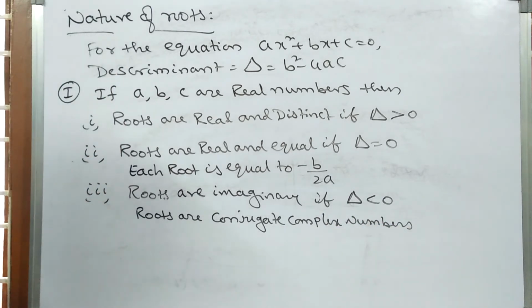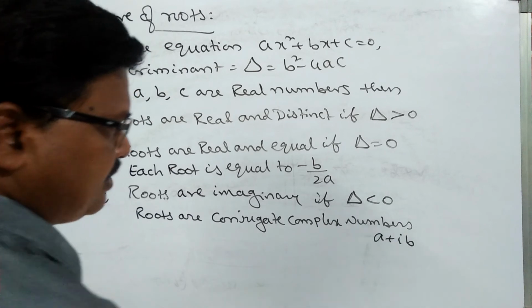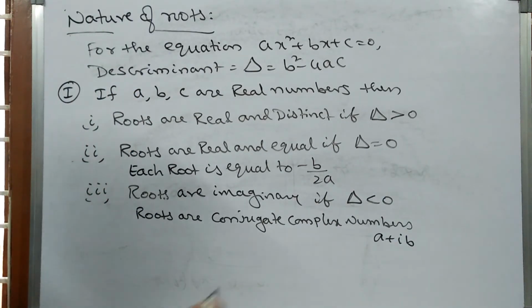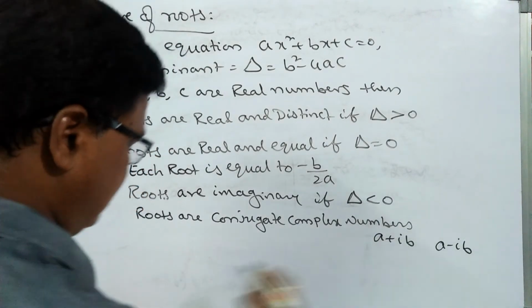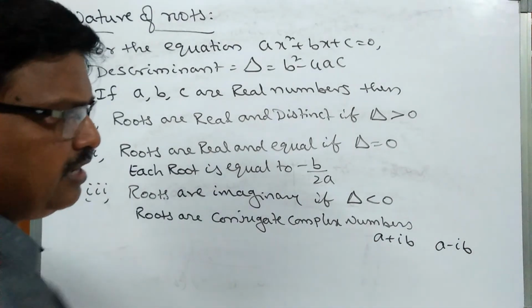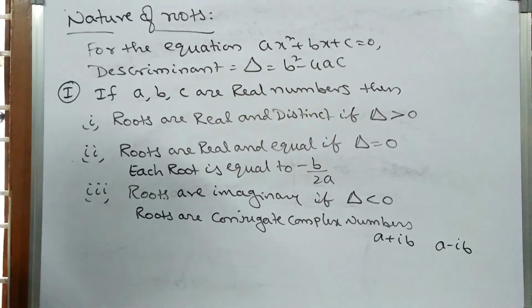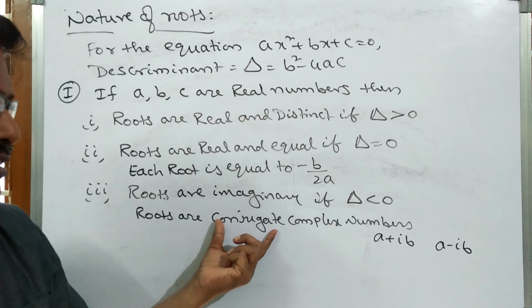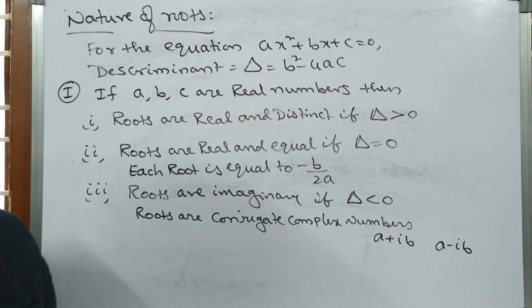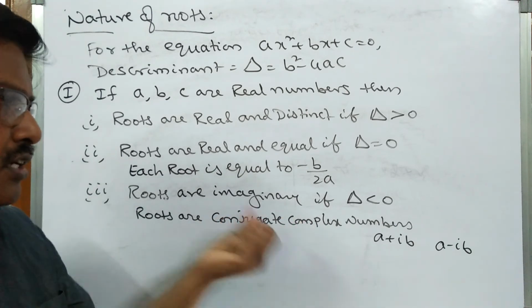Actually I told you already, complex numbers you will get in the next chapter. But a plus ib is called the complex number. So it is the general form of the complex number. Whenever a plus ib is a complex number, its conjugate complex number is a minus ib. Try to remember this. A plus ib and a minus ib are the conjugate complex numbers. The definition you will get in the complex number chapters, but once again I am giving the definition. Two complex numbers are said to be conjugate complex numbers if their sum and product are real numbers.